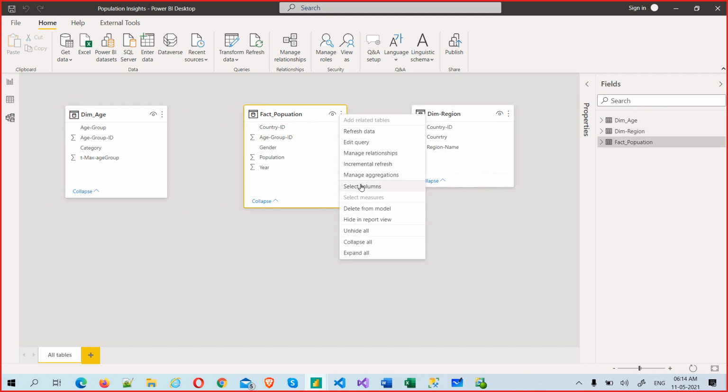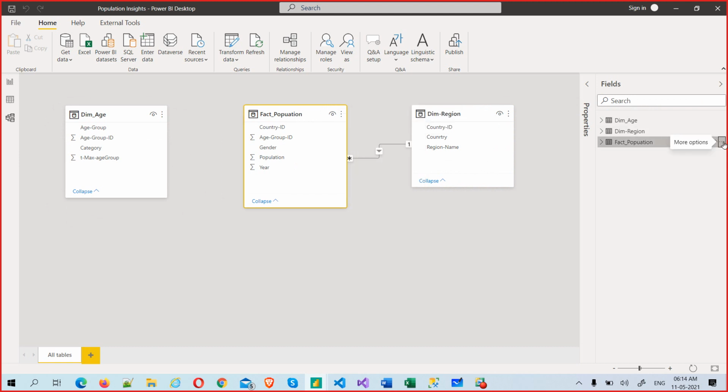If you just understand, we'll talk about incremental refresh, which can be done only on the fact table. We can refresh only this particular table, which will save a lot of time.